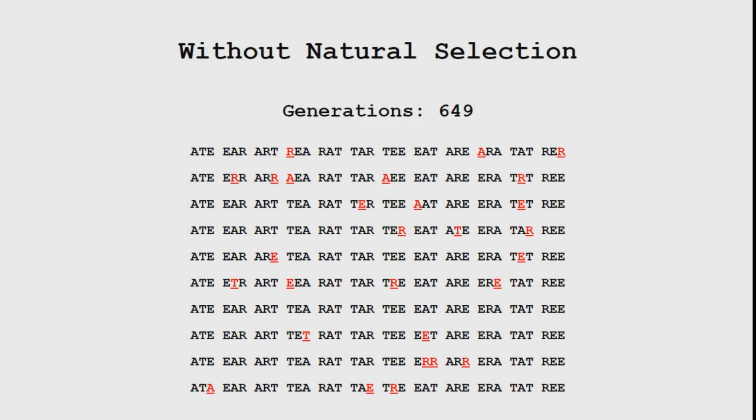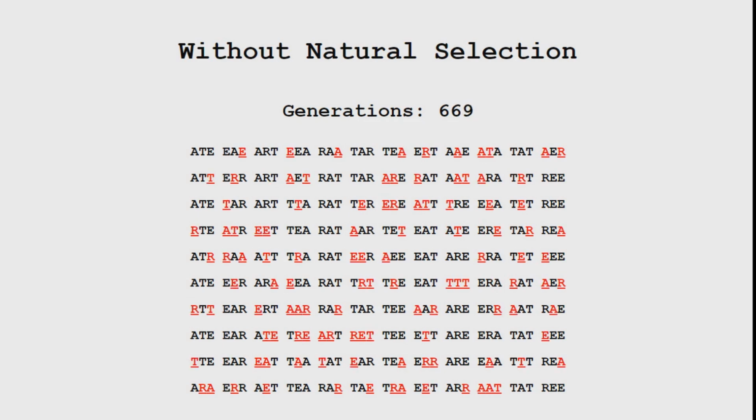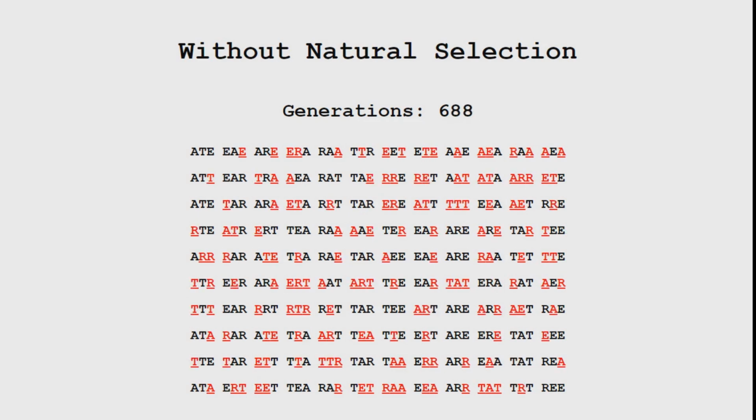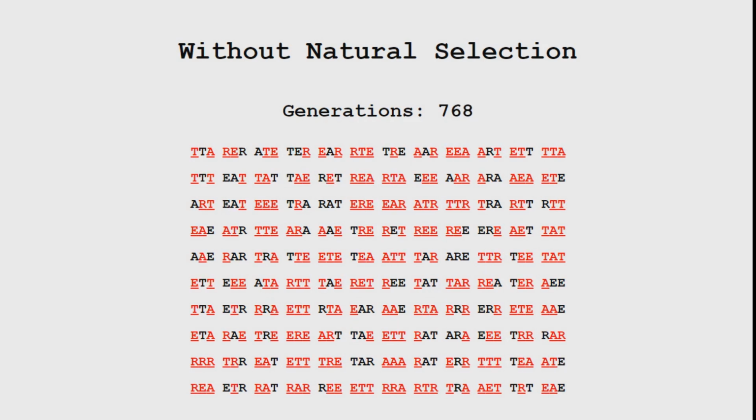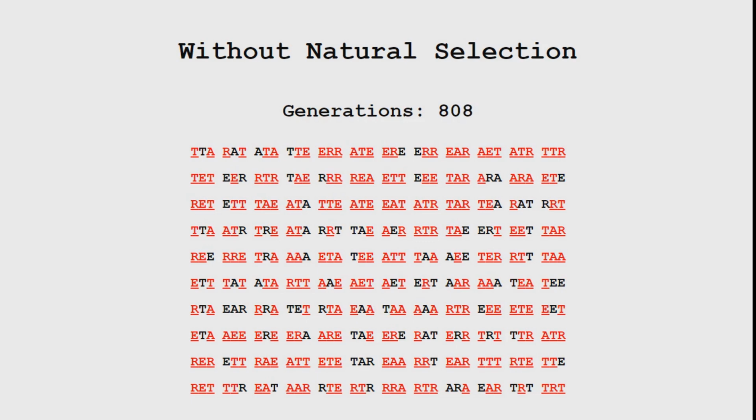As selection is removed, notice how rapidly every single sequence within the gene pool begins to become a random sequence of letters. In each of the 10 sentences, the sequence is virtually guaranteed to be almost entirely randomized compared to the original sequence. But why is this? Well, it's because of entropy. For a sentence of 36 letters, each with 4 possible values, that gives us a total of 4 to the 36 possible combinations of letters.